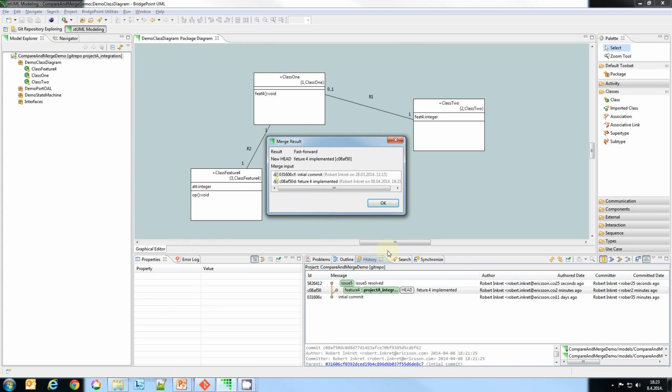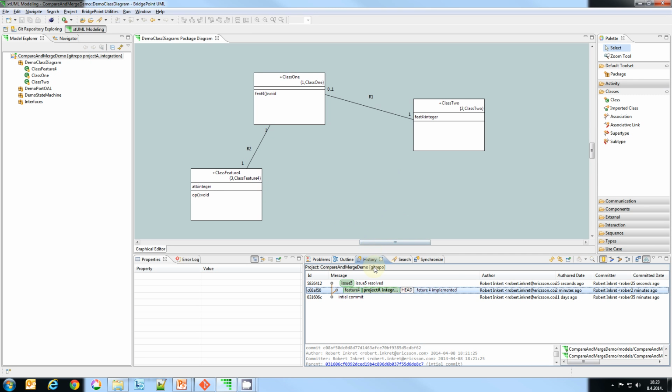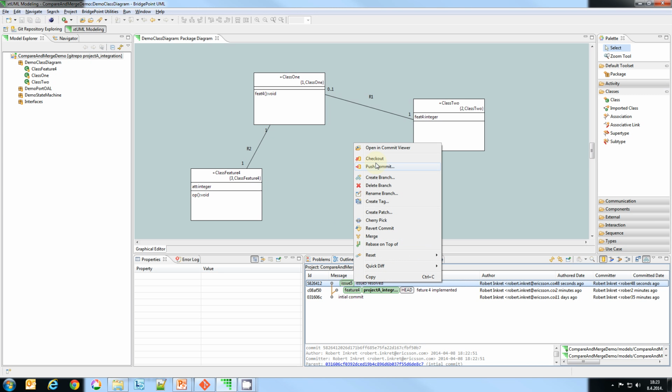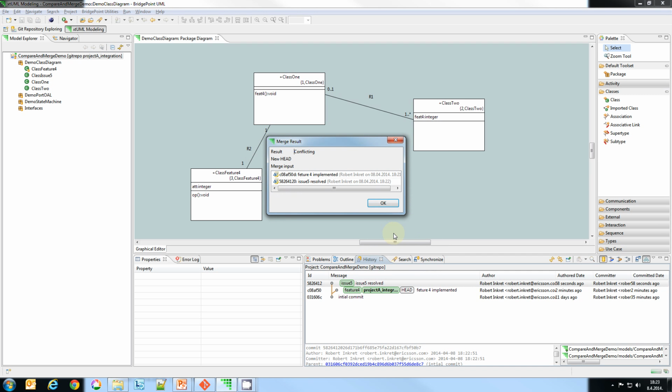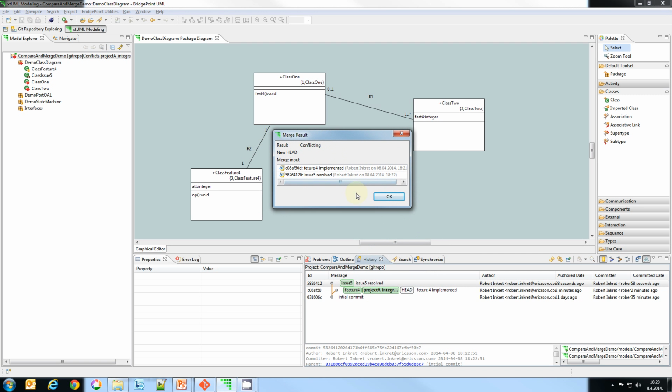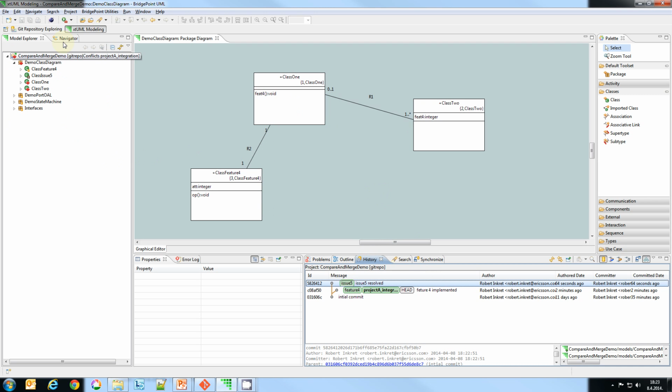Clearly, as previously stated, this is going to be a fast forward because feature 4 was a direct descendant of the project A. And now issue number 5 is not a direct descendant of the project integration. So when we do the next step and merge issue 5 into the newly modified integration branch, we will hit some conflicts. This is the result of the merge process, and clearly this is demonstrated in